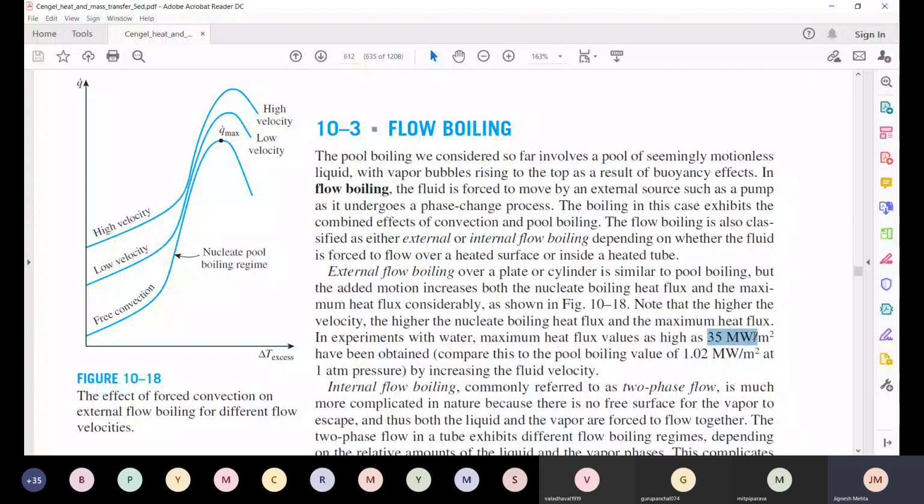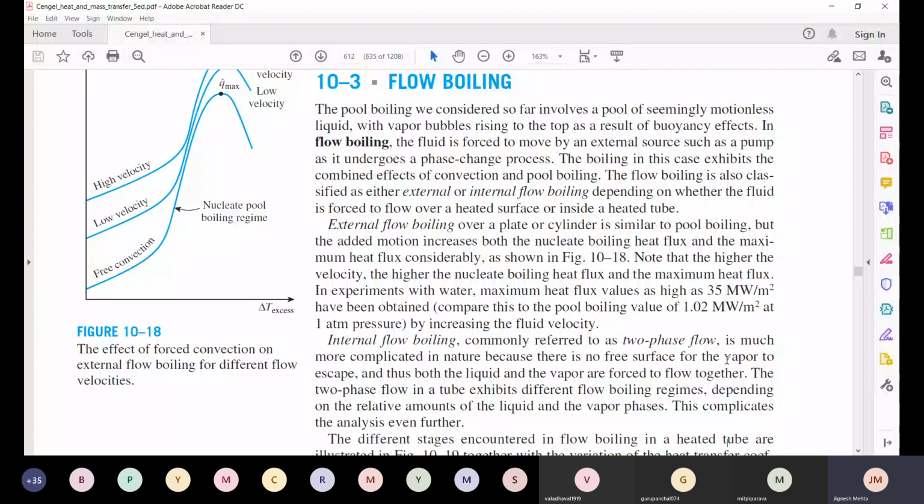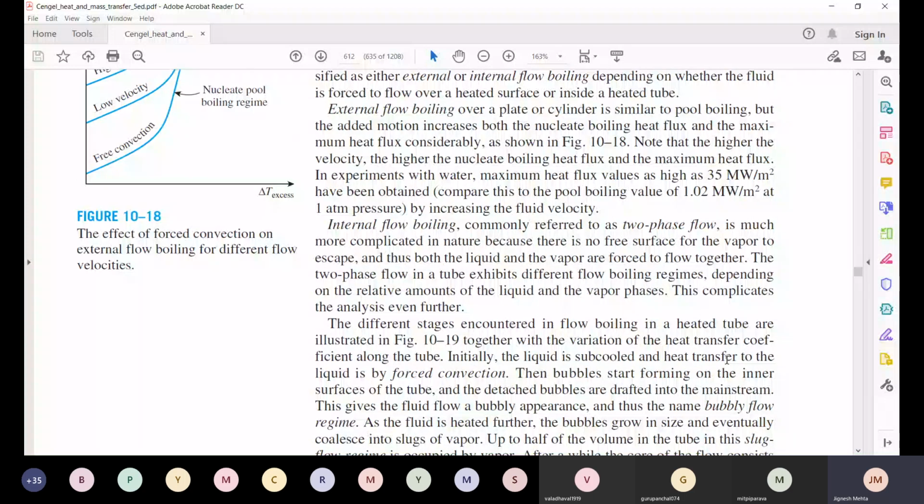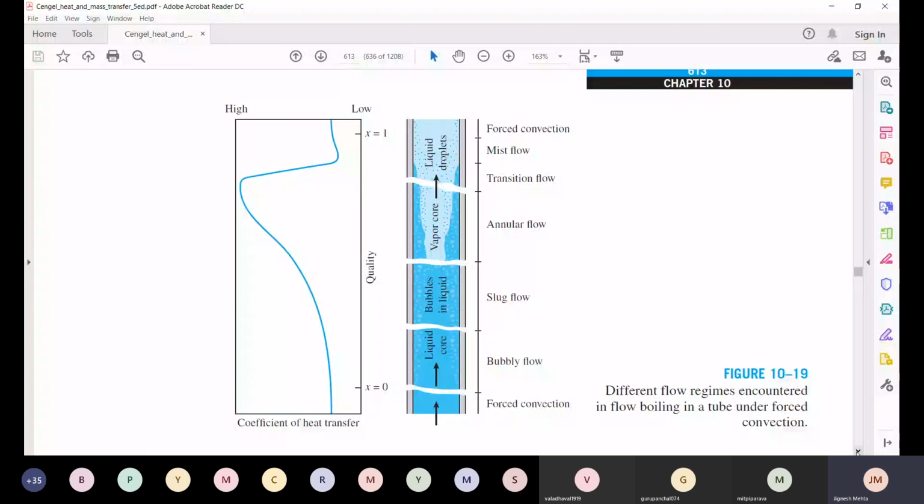Basically it's a combination of the internal flow or convective heat transfer as well as the two-phase flow or boiling, and this combined effect gives you a very high heat transfer coefficient. Now if you want to analyze the phenomena, you may have to see the combined effect of both phenomena, but we will not go into details of that in this undergraduate course. The only thing that we will look at is again different regimes in flow boiling.